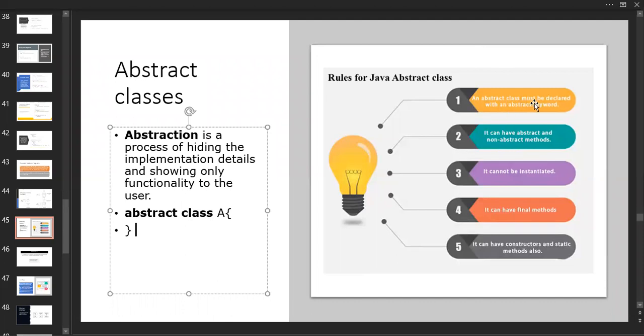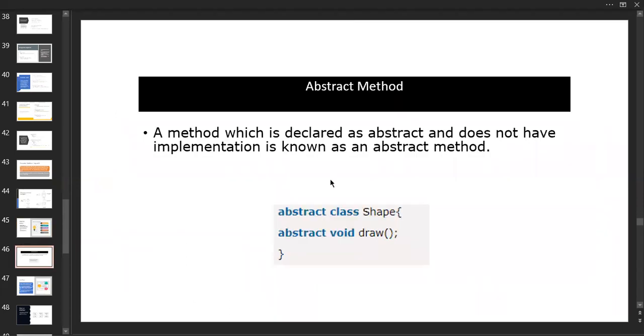An abstract class must be declared with the abstract keyword. If we avoid the abstract keyword, it is a normal class. So the abstract keyword should be there. It can have abstract and non-abstract methods. We are going to see this now. This is a class, an abstract class.